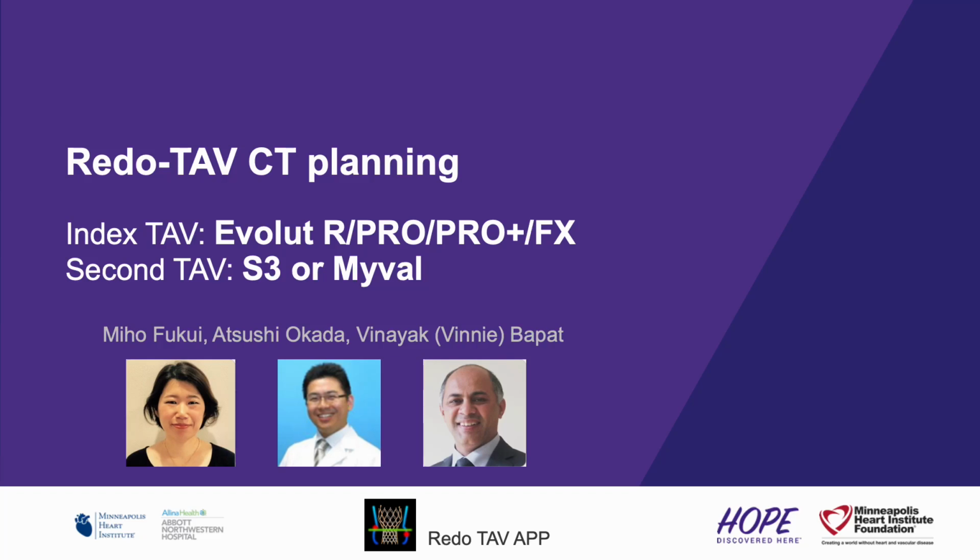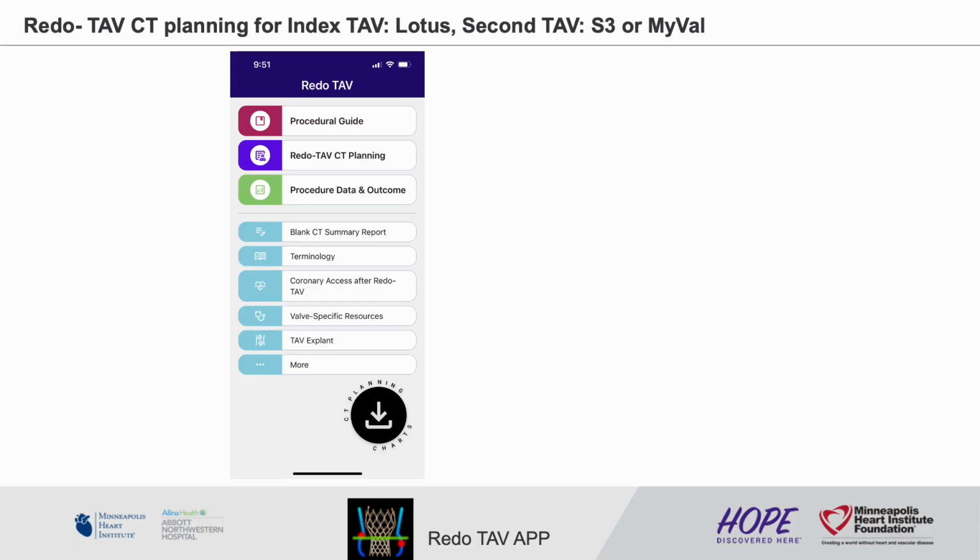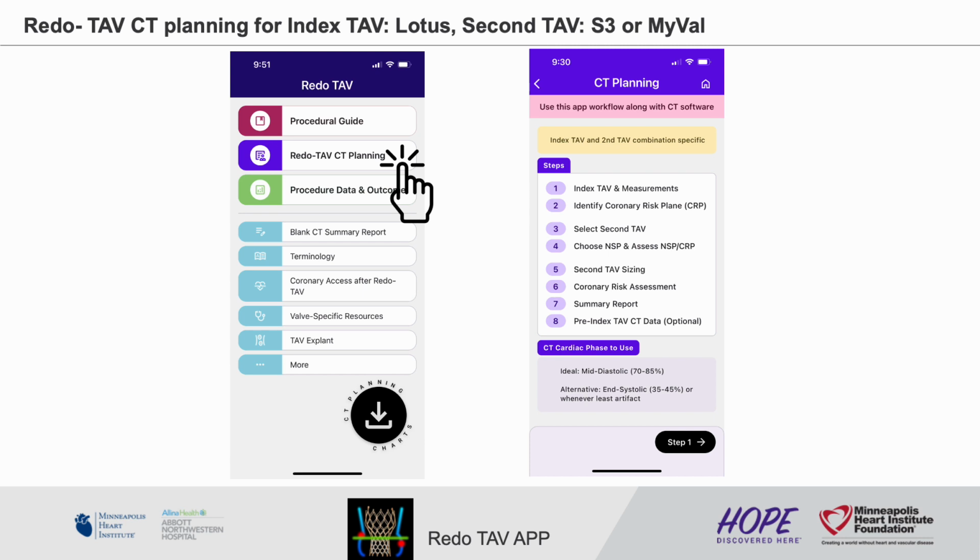This video shows you how to do pre-procedure CT planning using the Redo TAV app. Our index TAV is Evolut and the second TAV is SAPIEN 3 or MyVal. When you click Redo TAV CT planning on the home screen, first you will get the overview of all steps